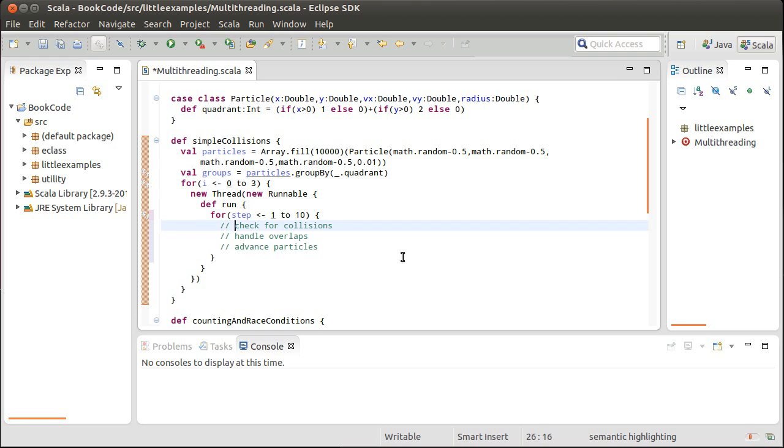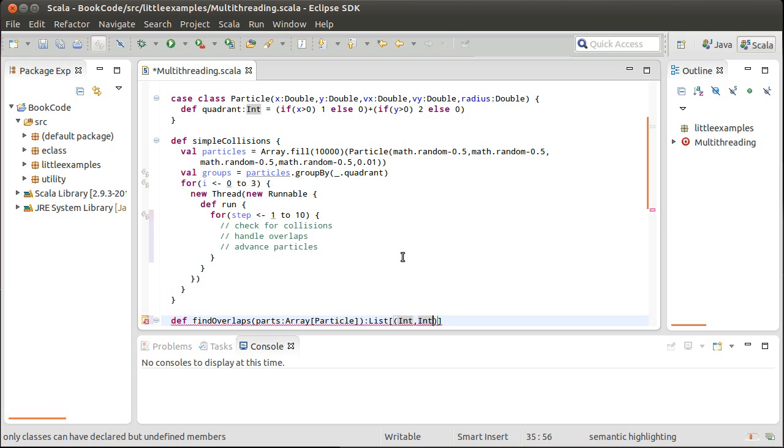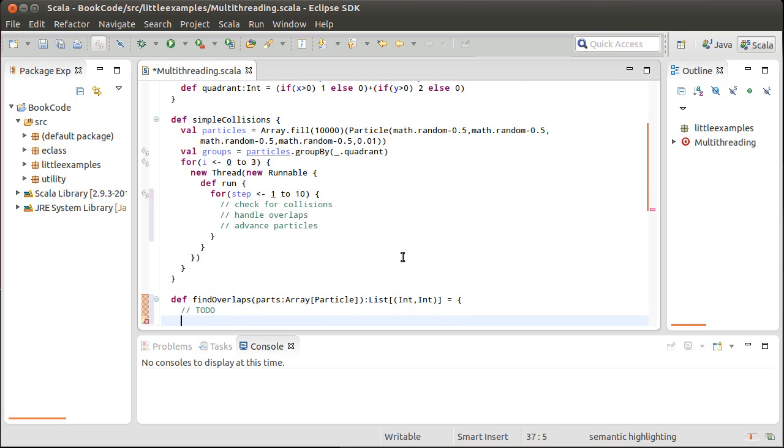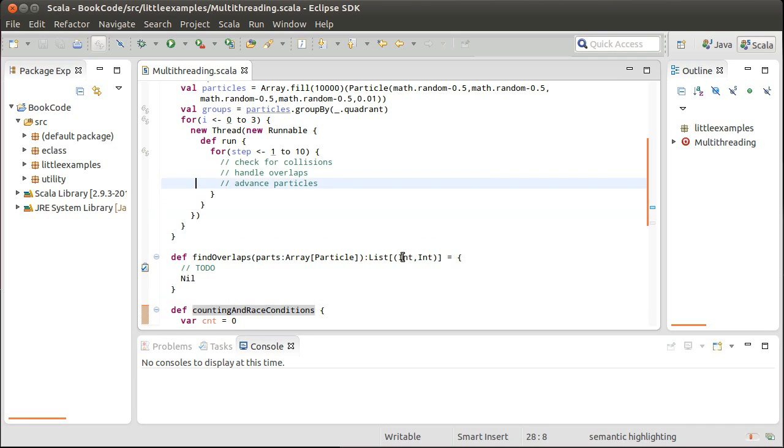So in fact, I could just def find overlaps, which is going to take, we'll call it parts, as an array of particle, and it's going to return to me a list of 2 integers, which are the indices of 2 particles that are overlapping. Okay, so I can stub that out so it returns nil. And what's supposed to happen here is